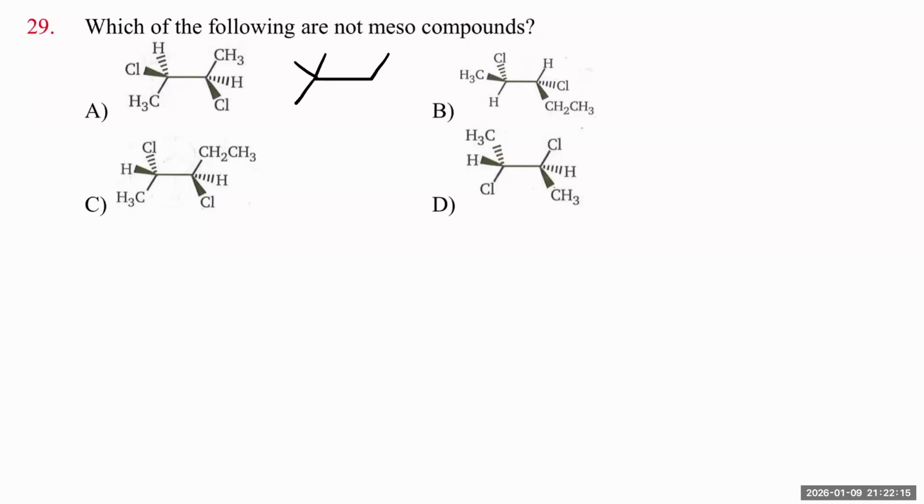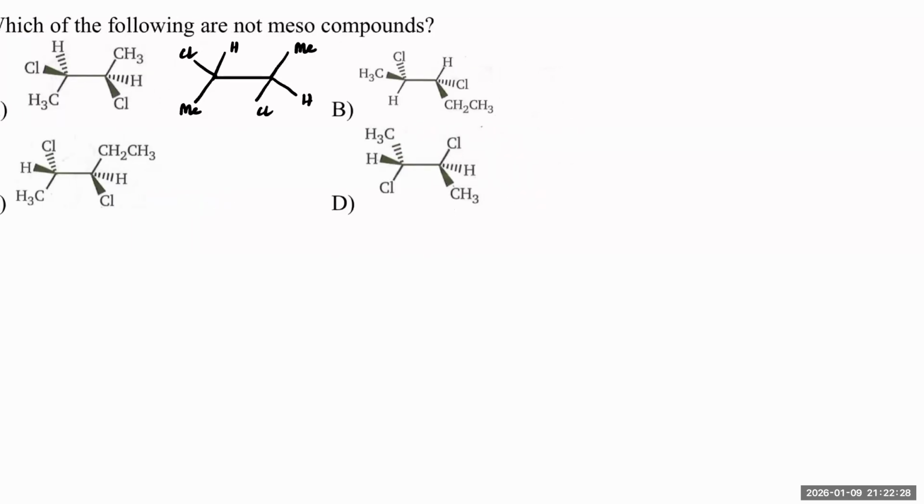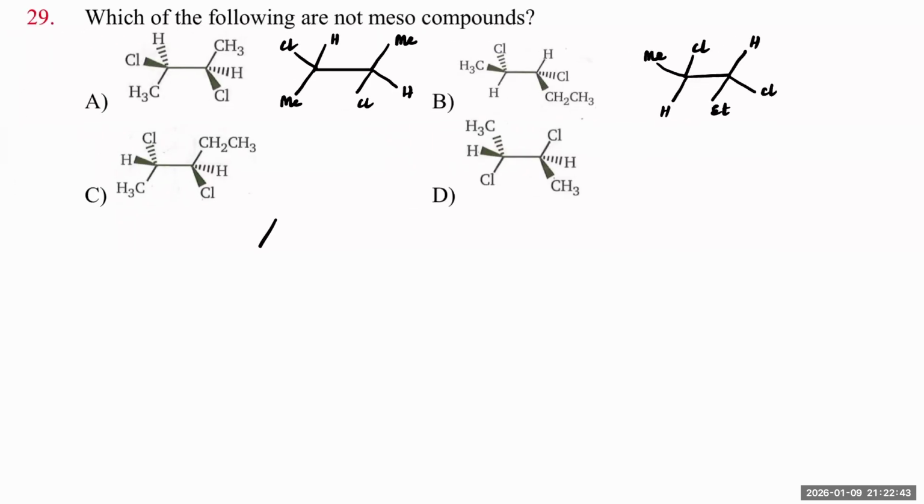The other two lines, you make it like this. So now write all the structures which are present: methyl and methyl, hydrogen and chlorine, hydrogen and chlorine. So this becomes the Sawhorse projection. Likewise, here also I'm drawing the Sawhorse projection, H and H. Then I have two groups, chlorine and ethyl. Here I have chlorine and methyl. Likewise, here also I'll draw ethyl,